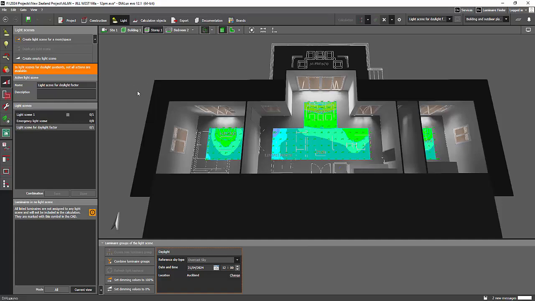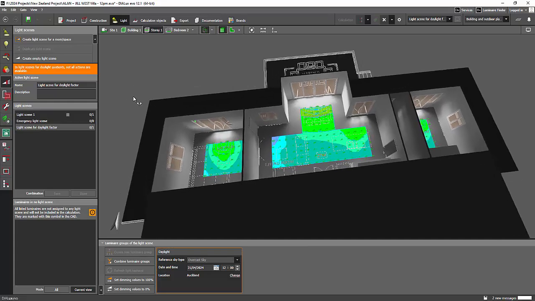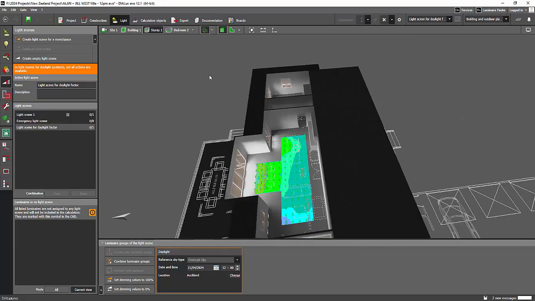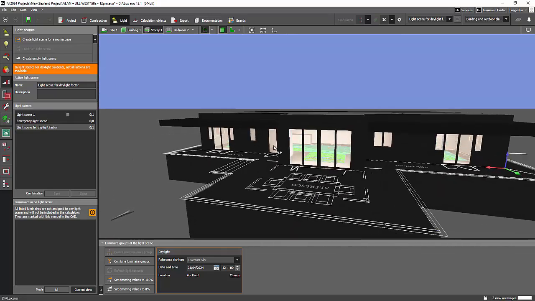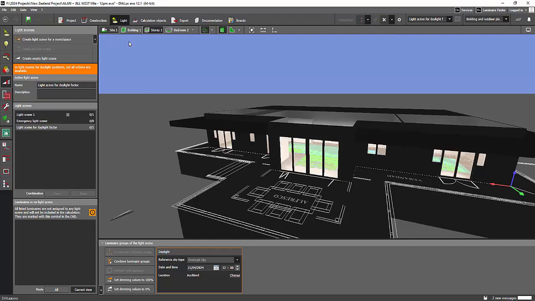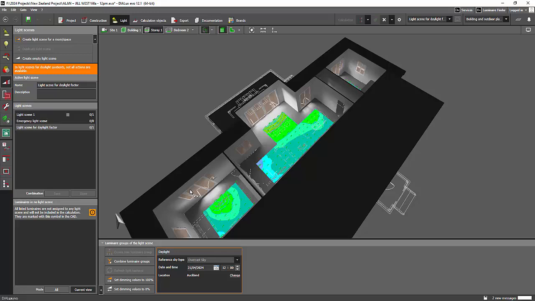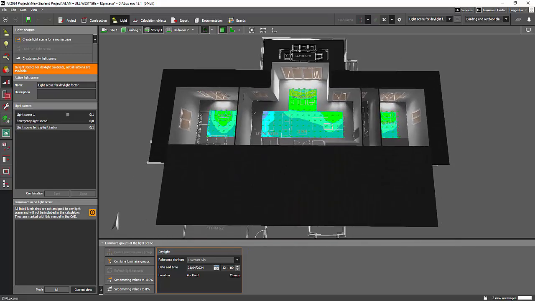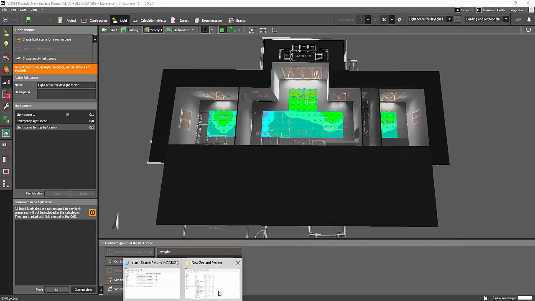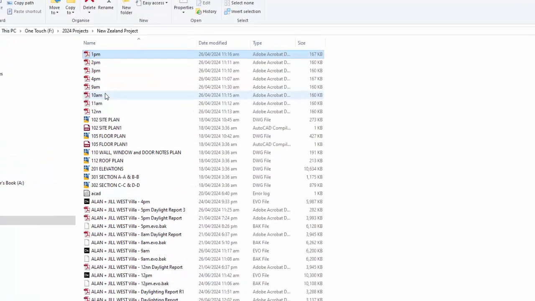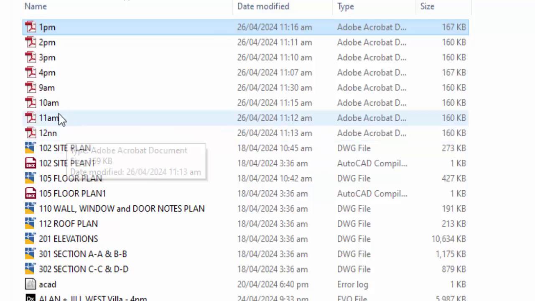Okay, so this is a project in New Zealand. This is one of my clients in New Zealand, and they asked me to run a daylighting calculation for a residential house. They asked me to run a calculation for different hours like 1 p.m., 2, 3, 4, 9 a.m., 10 until 12 noon.